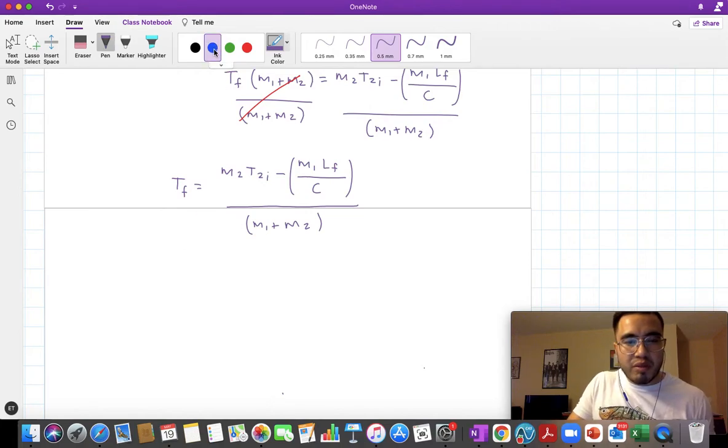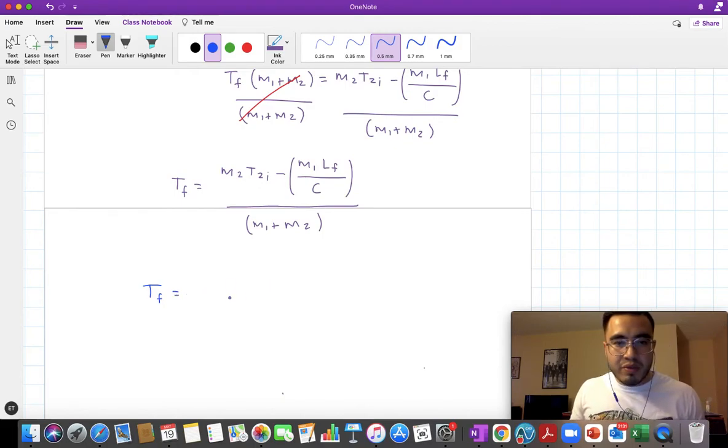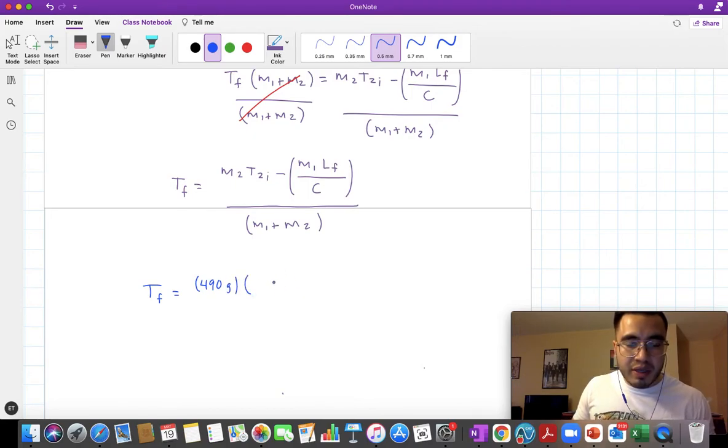Temperature final equals mass 2, that is the mass of the Dr Pepper, 490 grams times the initial temperature of the Dr Pepper, which was 25 degrees Celsius, minus, now we're going to have brackets, I'm going to add them at the end, mass 1, that is the mass of the ice, 25.0 grams, times the latent heat of fusion of water, 334